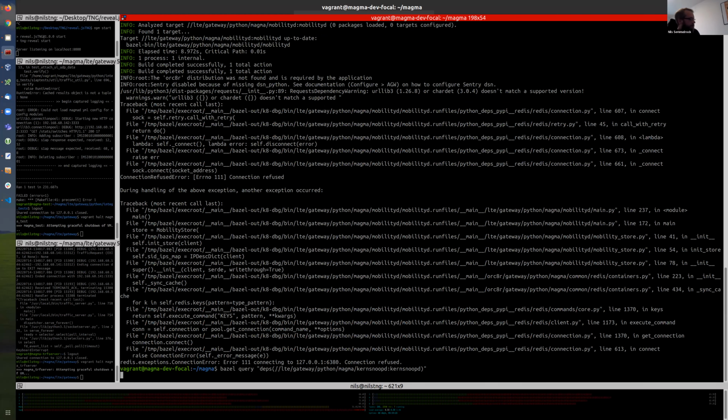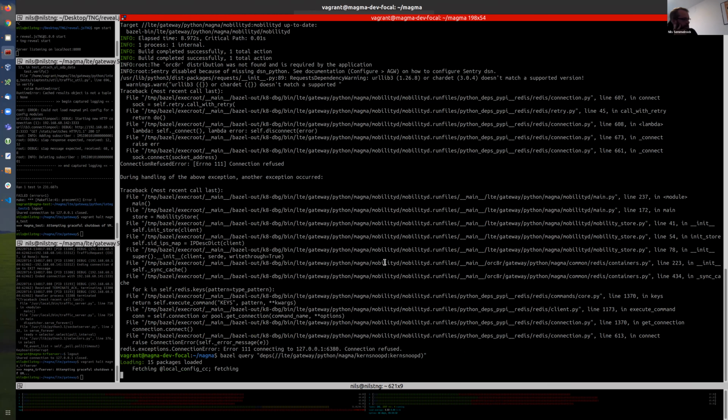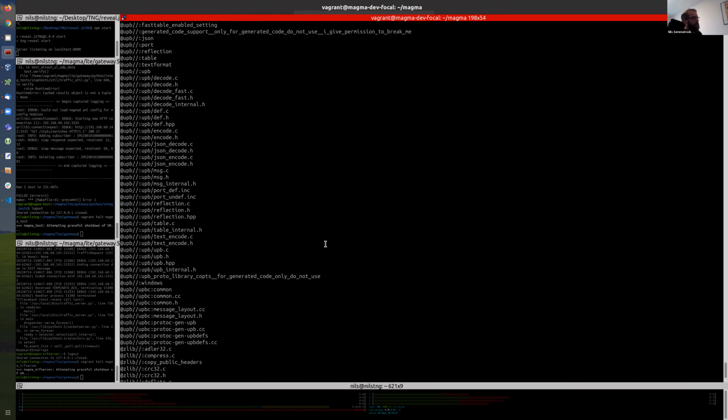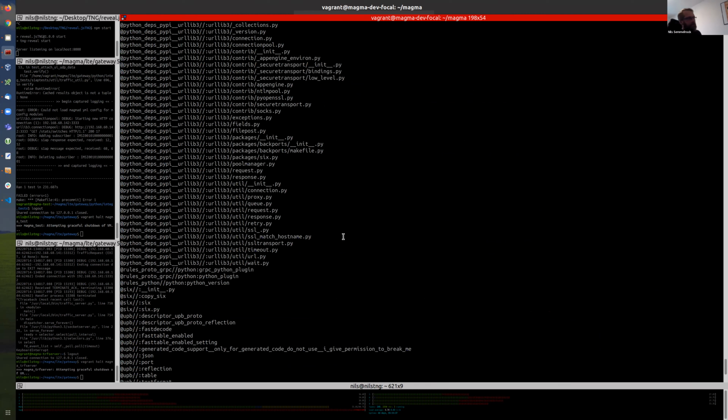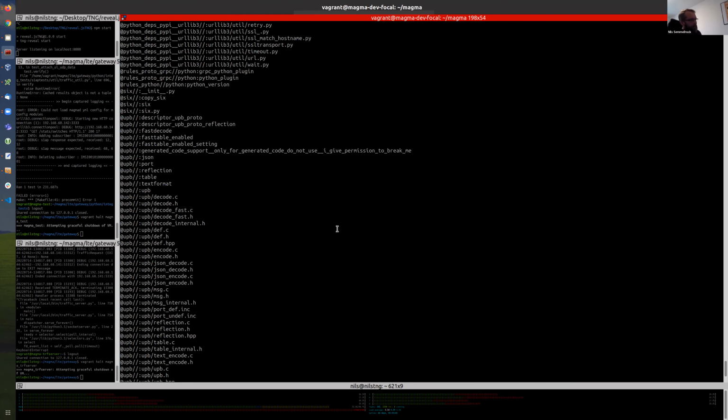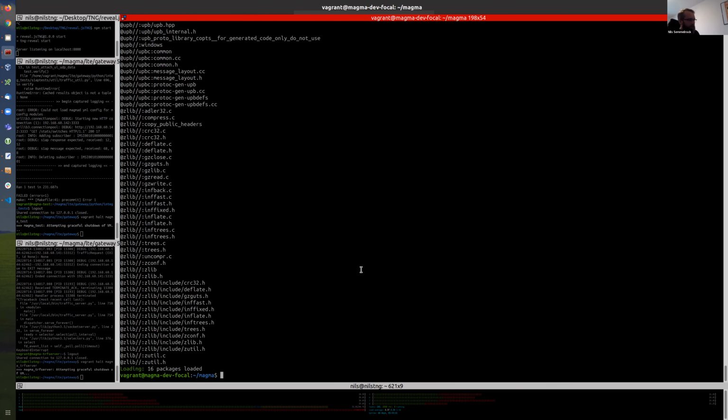If I execute this, we will see, hopefully in a couple of seconds, that we get a massive list. This list is very large, actually more than 4,000 entries, even for the small service. But what you see here are a lot of dependencies that are prefixed with an @ symbol. These are external dependencies. They are fetched and put in the correct position, so it can be executed hermetically.